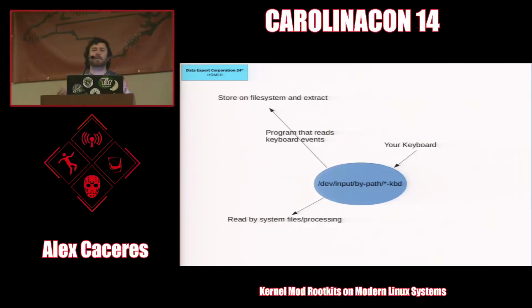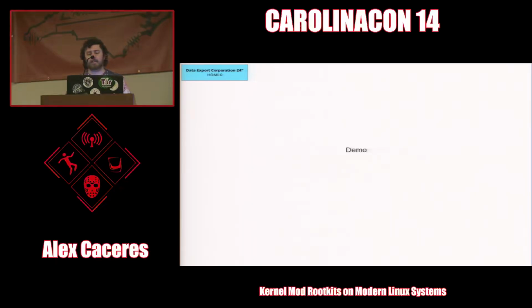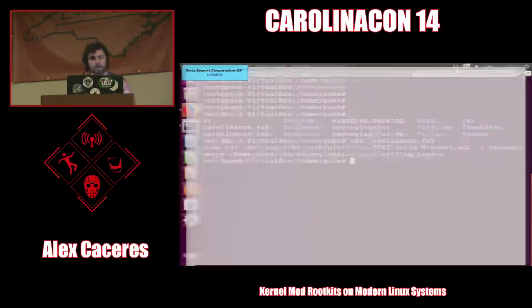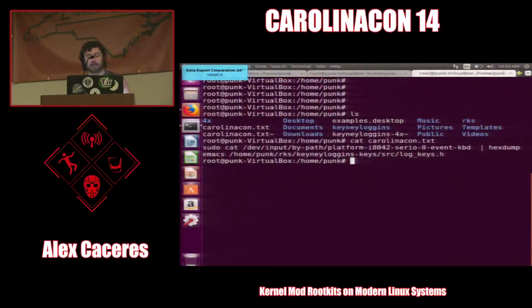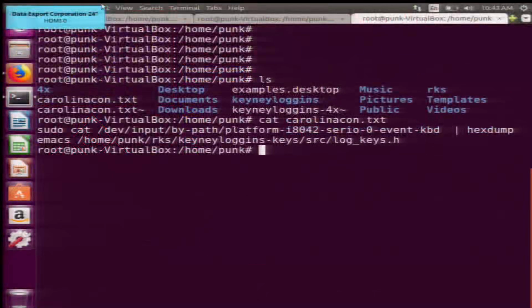You can always have persistent access and store it locally, but it's always nice to get remote things just so you can sit at your computer and not have to worry about it. All right, so a demo of what Kini Logins is actually doing is coming up right about now.